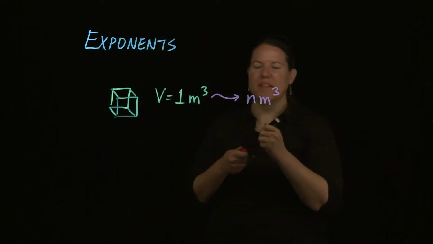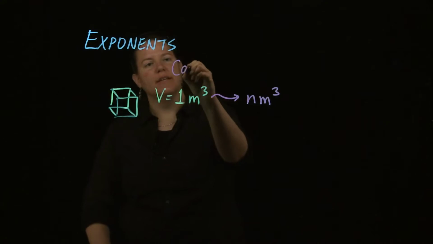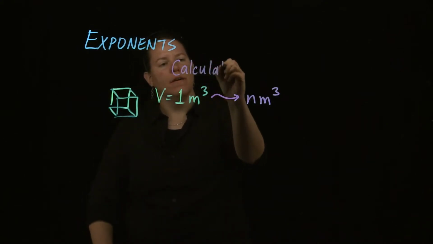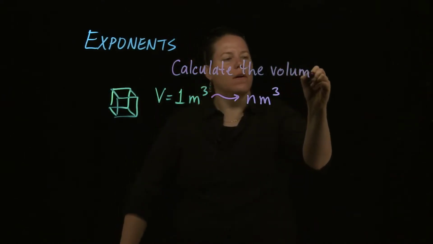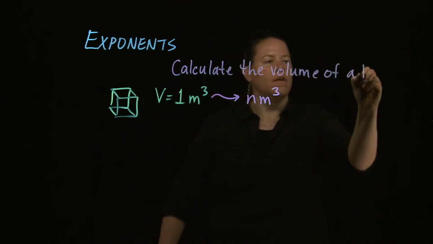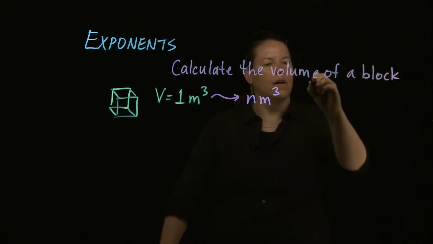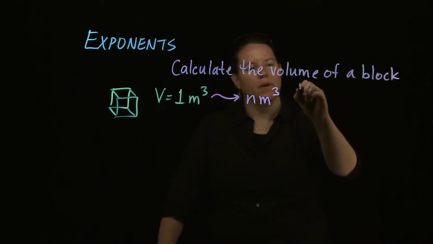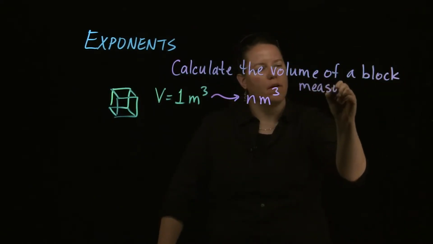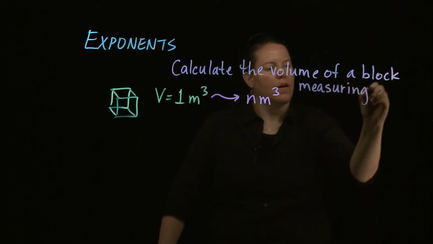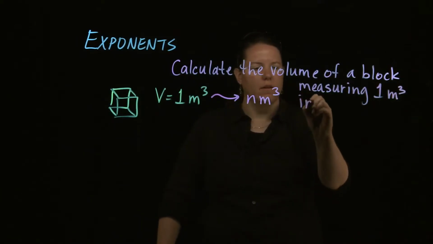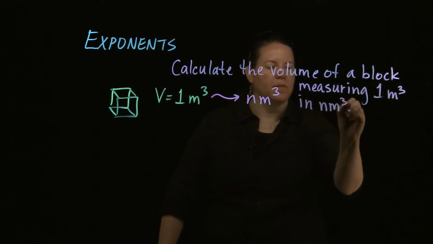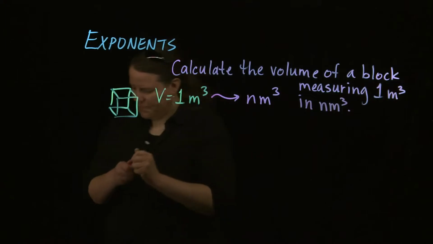So the way this would look, by the way, is: calculate the volume of a block measuring 1 meter cubed in nanometers cubed. That might be awful English, but you get the idea. Okay, so